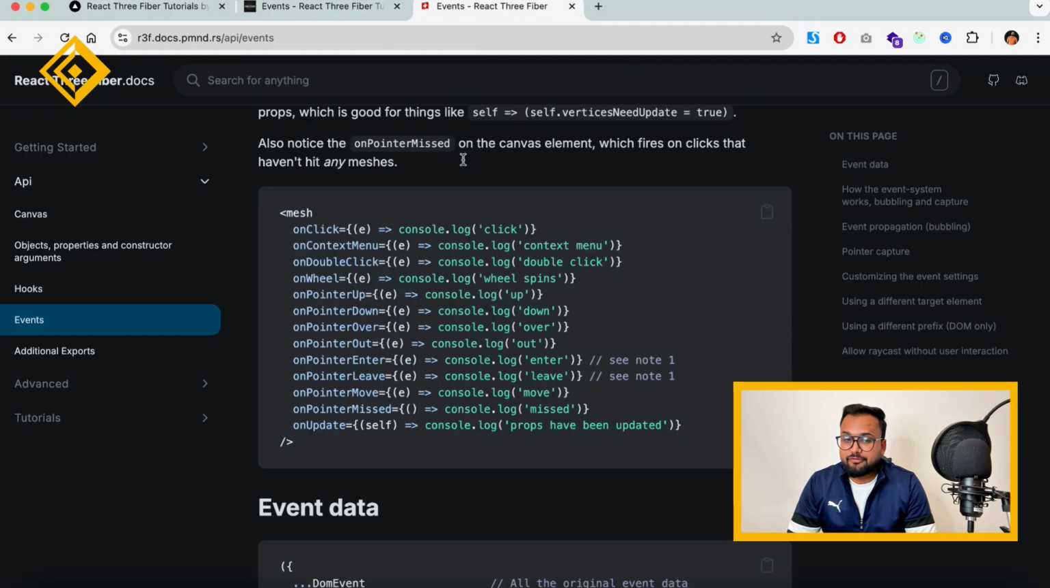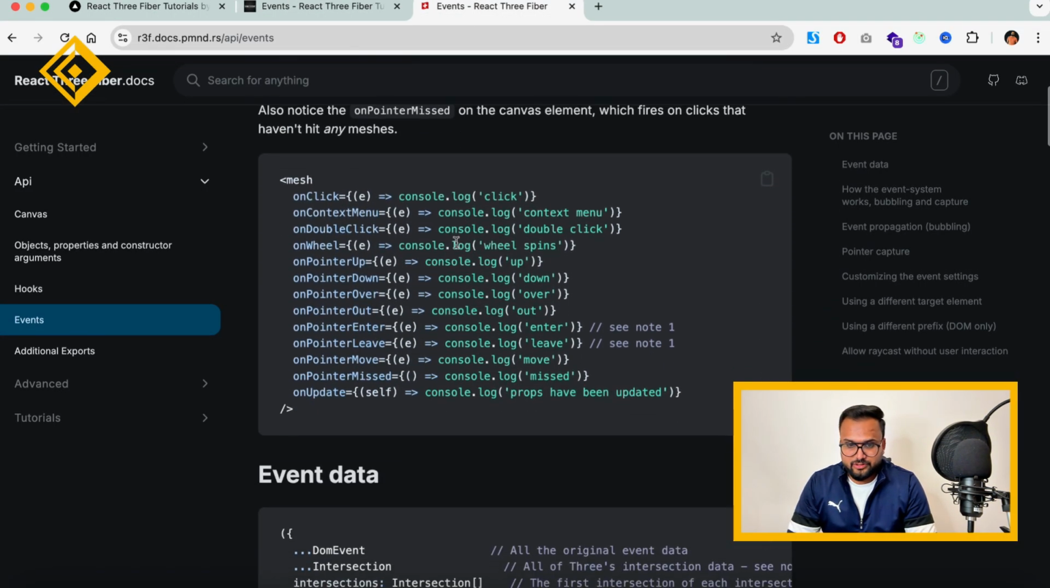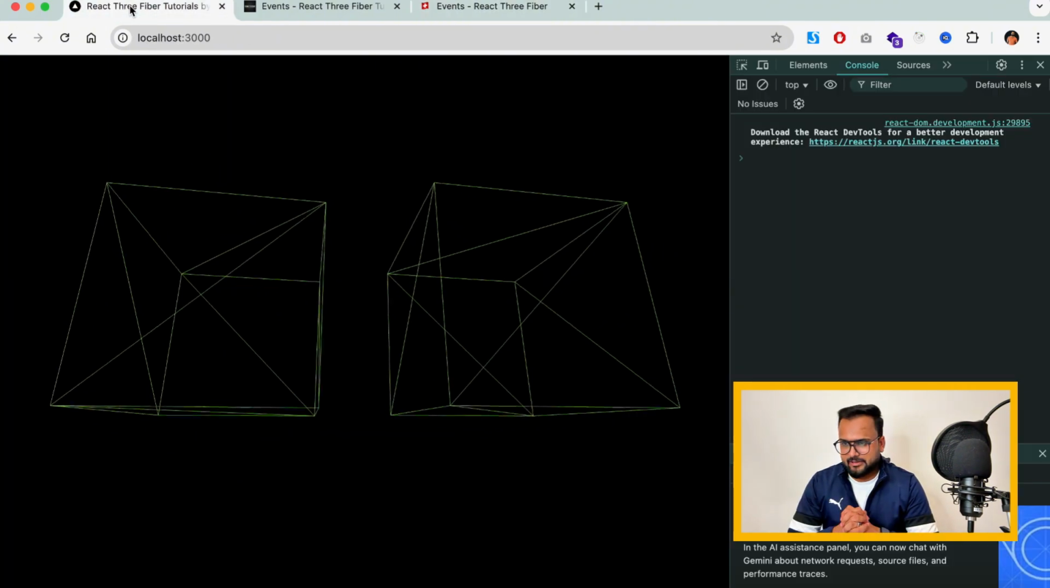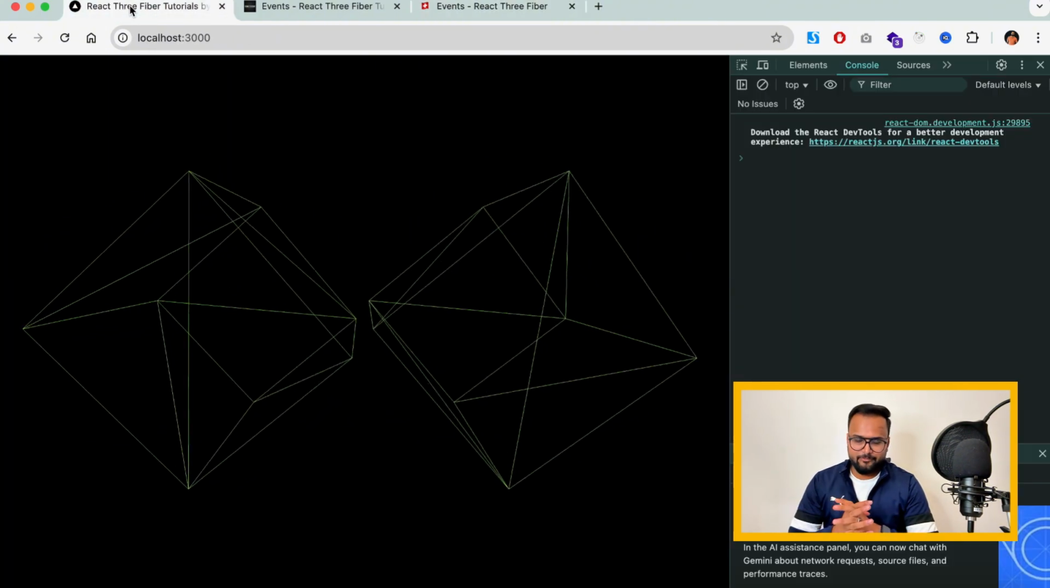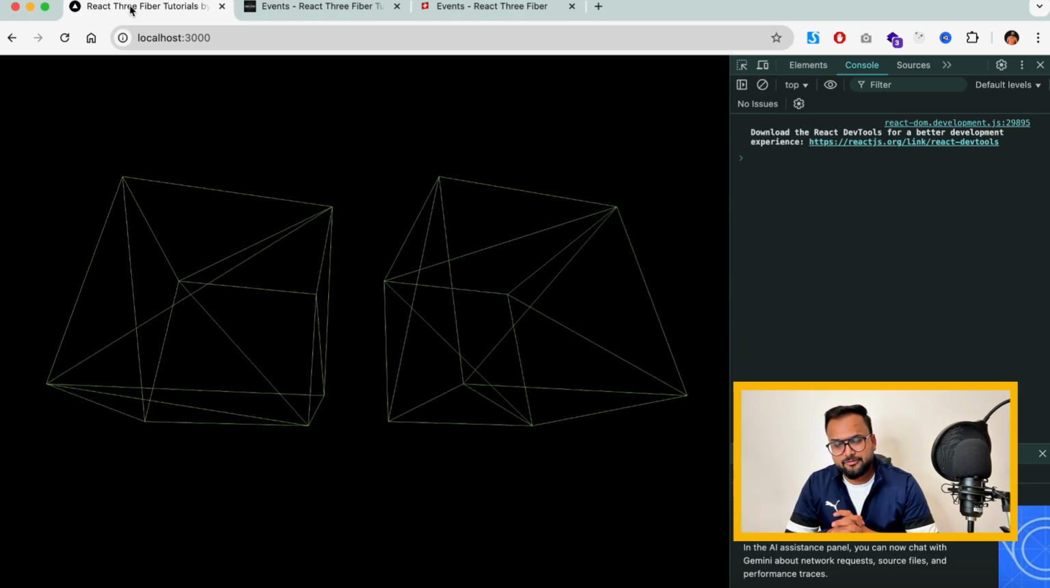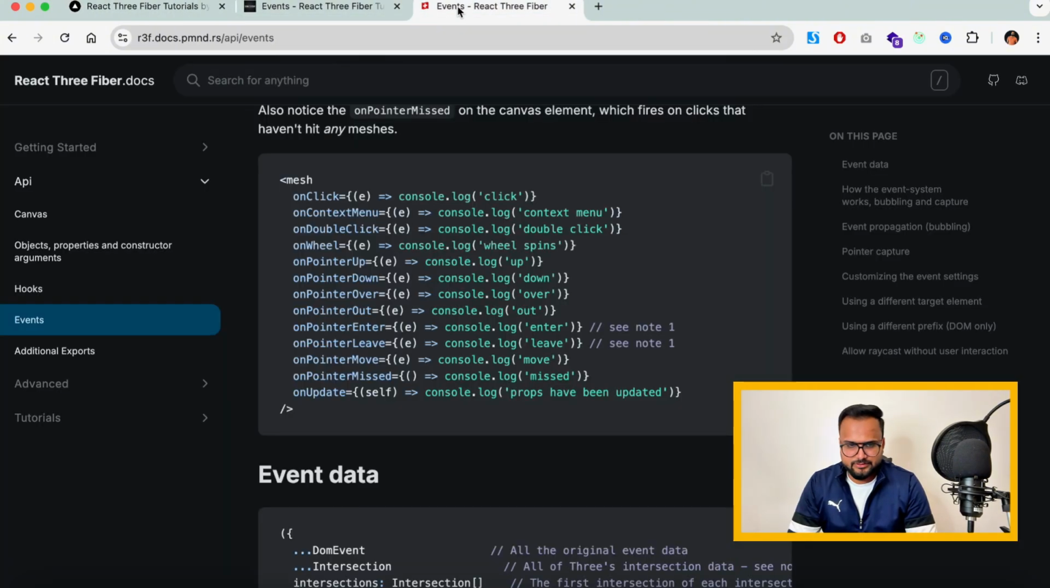If I come to the official React Three Fiber documentation, there are a couple of events available. Let's say under the mesh, what we are using right now in our project that we left in our last tutorial, we had created some boxes with mesh, and those are just moving with the help of the useFrame hook. So if I get back to my React Three Fiber documentation on mesh, there are